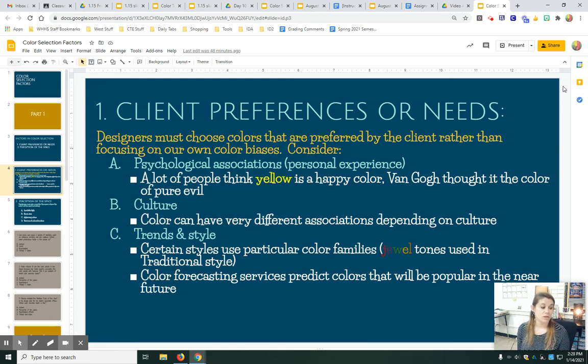I used to make paint. My first couple of years of teaching, I did that part-time. And people would literally come into Lowe's and be like, what's the popular color? I want that one. Don't you want to consider what's in your house and what that color might be? Nope, they just want the popular color. So I would look up Pantone and just look at their website. It's all the colors. We'll talk about it some in class. Or look up color of the year: Pantone color of the year, Behr color of the year, Sherwin-Williams color of the year, Valspar color of the year, all the paint brands' color of the year.